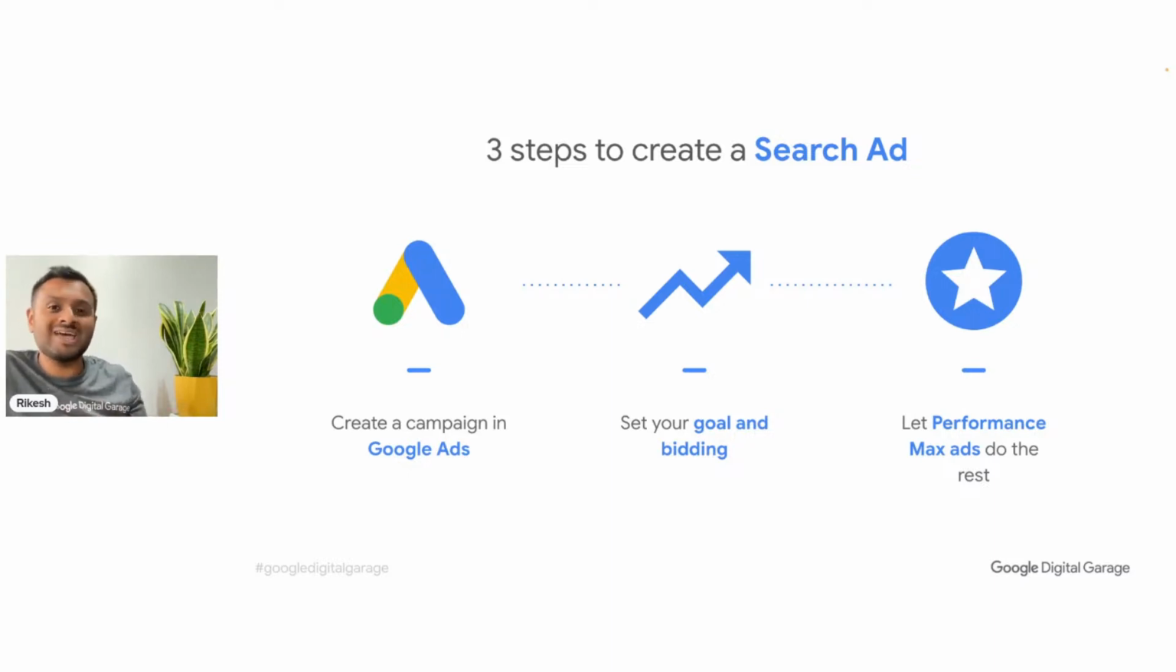So Performance Max ads are actually ad campaigns that you can run, which are AI powered, so artificial intelligence powered. And the beauty of this is, once you put in your details, it will analyze your website and other online properties out there, and then it will generate some adverts